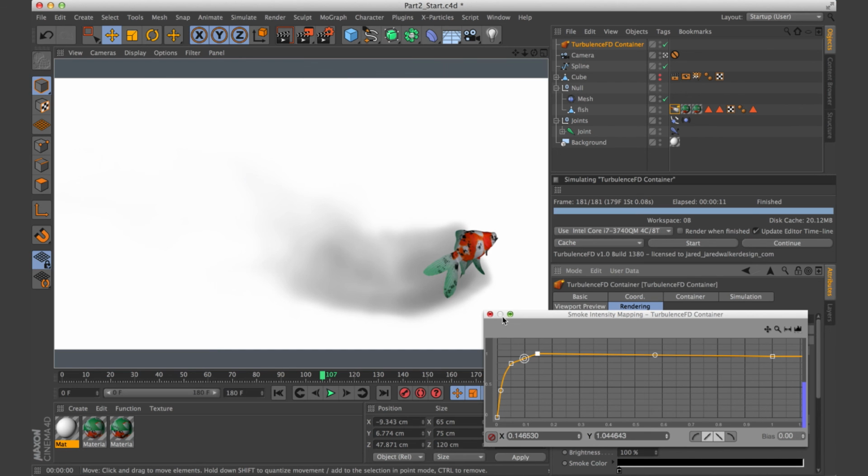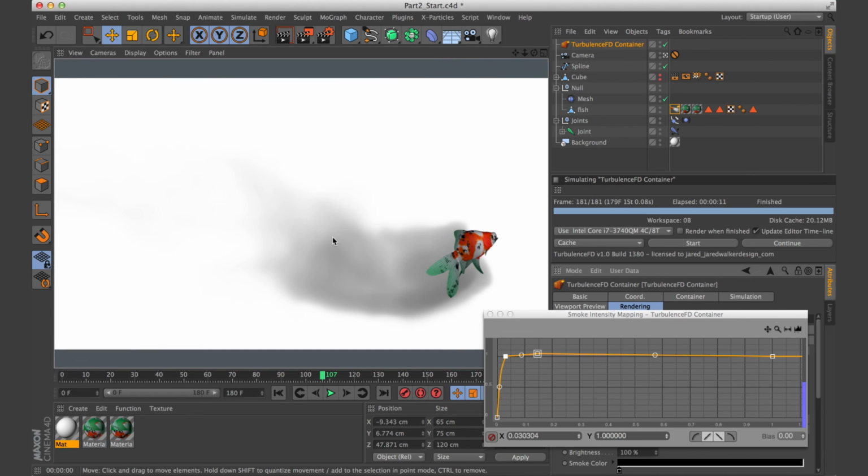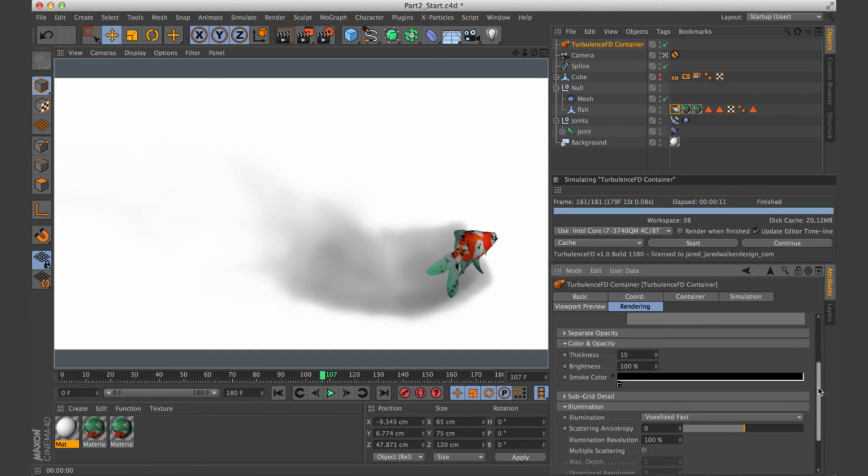So as you can see, in here with the mapping, if you raise these up, it'll end up making it darker. And you're starting to see that there's a little bit of stuff going on back here. And so it's not just trailing straight, but we got a little bit of swirls going on. Let me just go back and